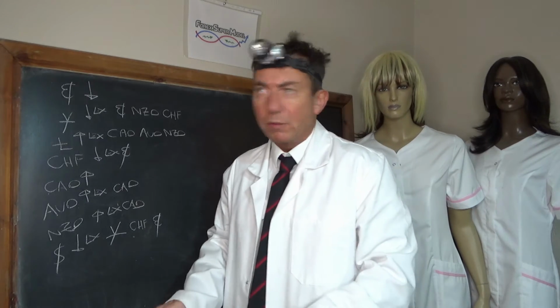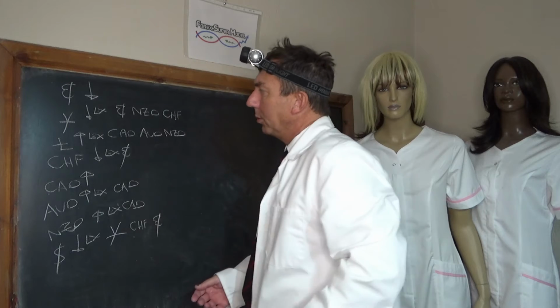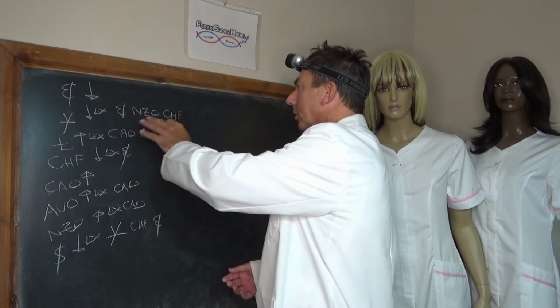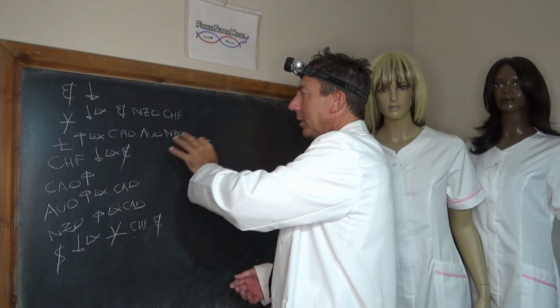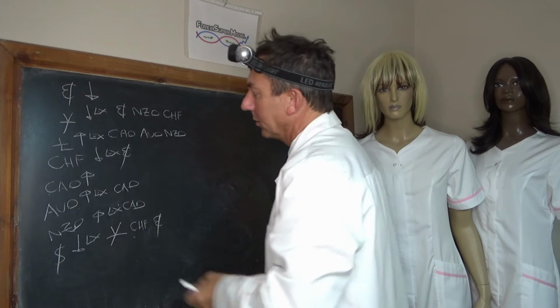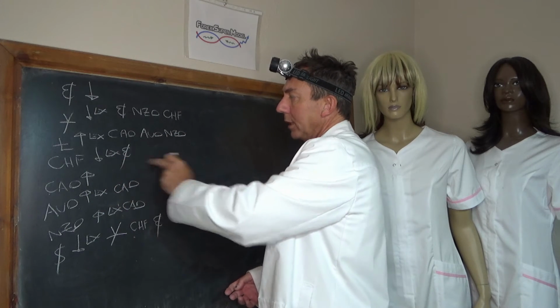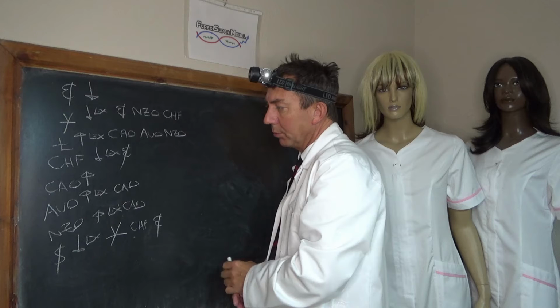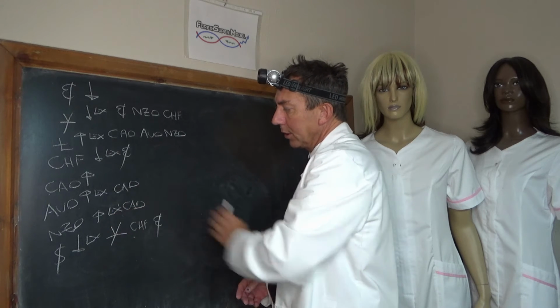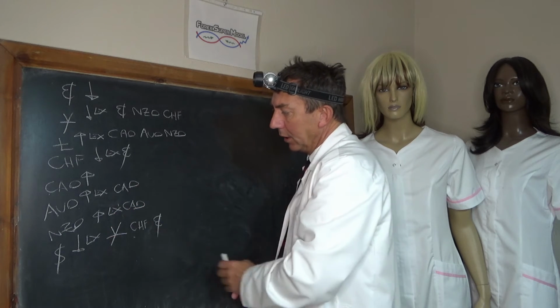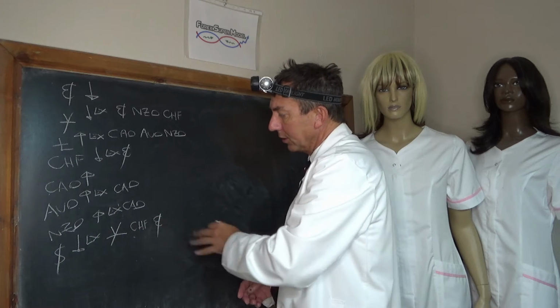Right, we're back, we've written up the flows then. So the euro is weak across the board, the yen is weak except against the euro, the NZD and the Swiss. The pound is strong except against the CAD, the AUD and the NZD, the commodity currencies. The Swiss is weak except against the euro. The CAD is strong across the board. The AUD is strong except against the CAD. The NZD is strong except against the CAD. And the dollar is weak except against the yen, the Swiss and the euro.